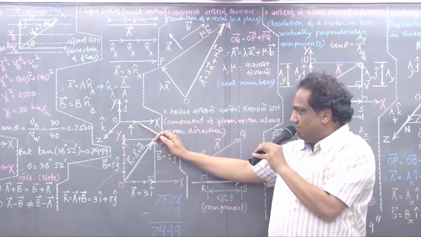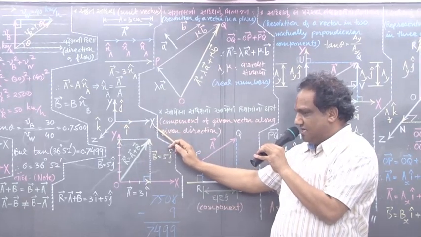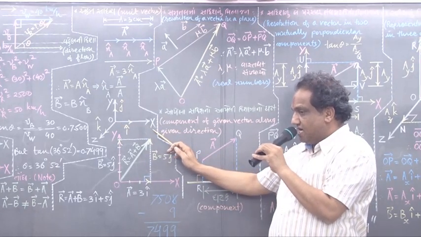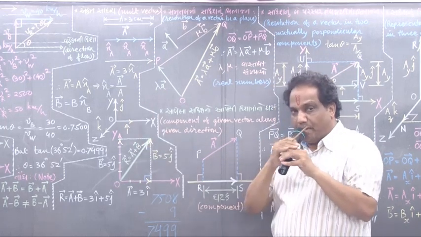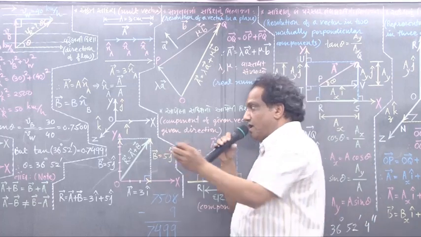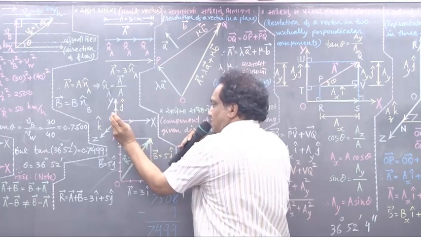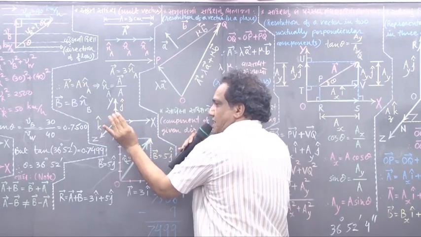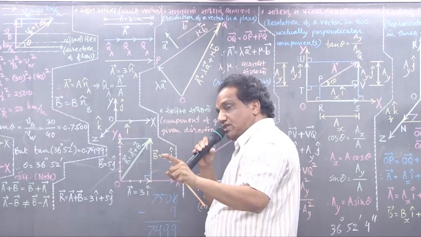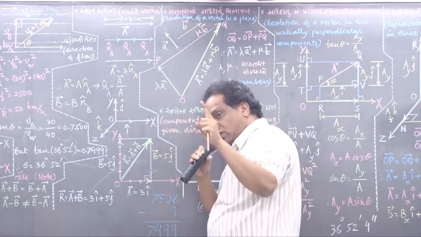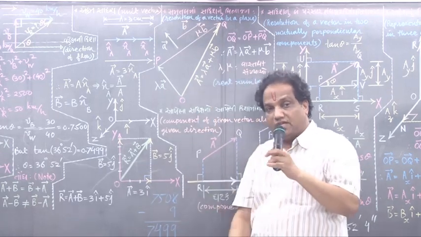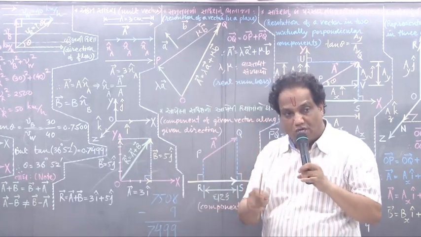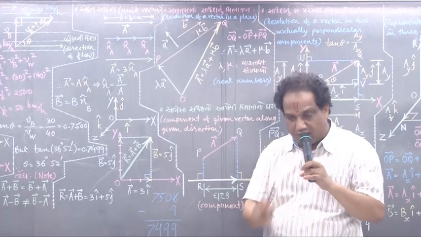Now look here. Every time we take the right hand side axis as the positive x-axis. Vertically upwards is the positive y-axis. Perpendicularly outward from the plane of the figure, this way, is the positive z-axis. In the directions of the positive x-axis, positive y-axis and positive z-axis, we are going to show unit vectors by specific symbols. Nobody should make any change in that symbol.